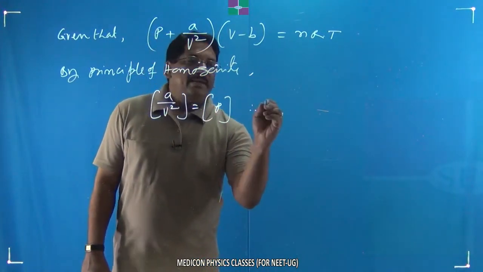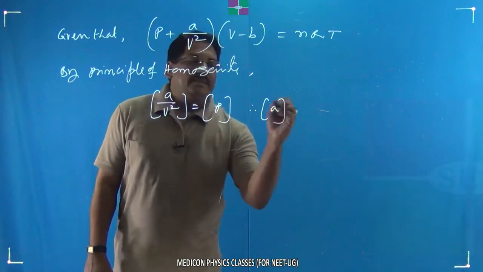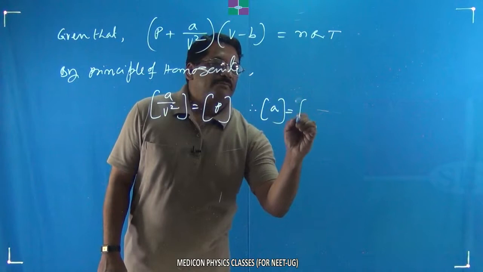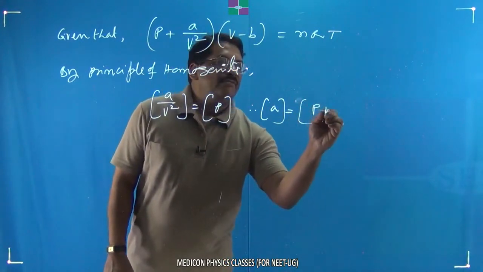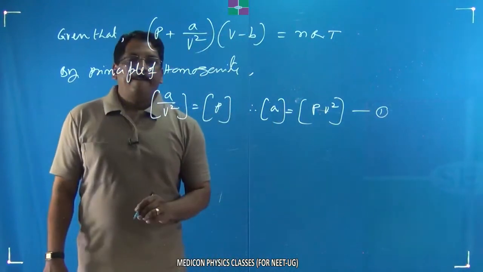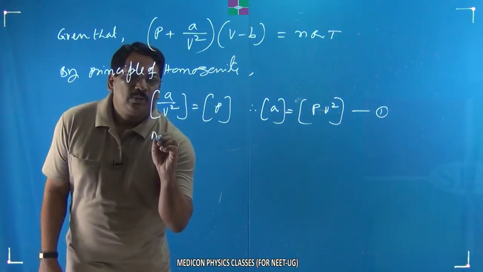Therefore, dimensions of A equal to dimensions of PV square. Say equation 1. Then also